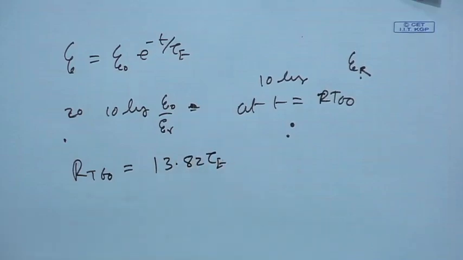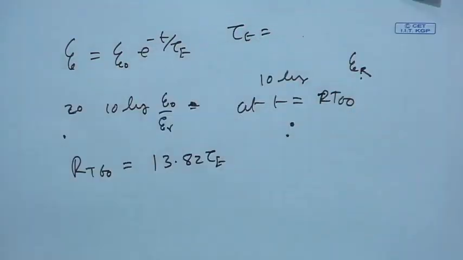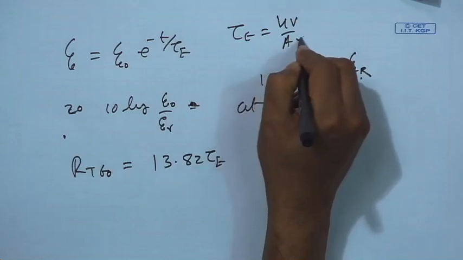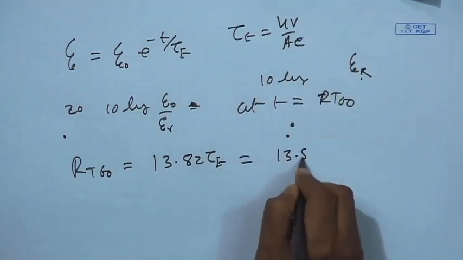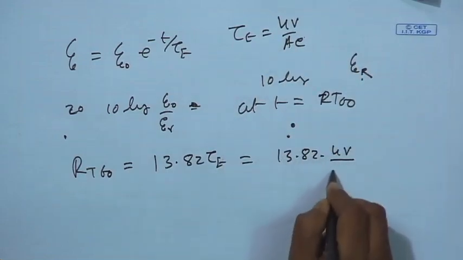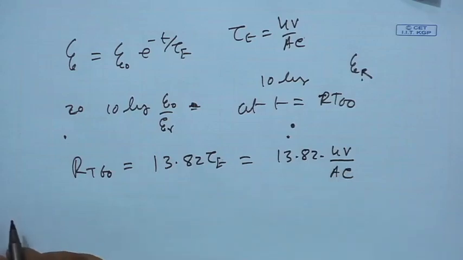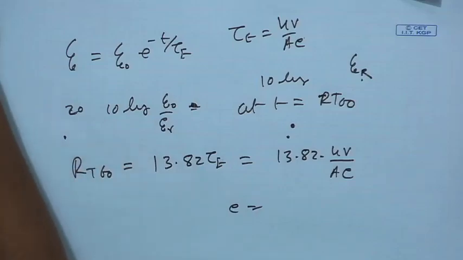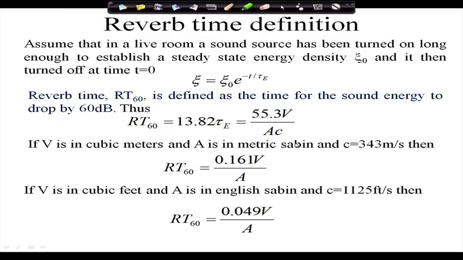If it is 13.82 tau e, what is tau e? Tau e is nothing but 4V/AC. So, it is nothing but 13.82 times 4V/AC. I will show you in the next slide how it comes to 4V/AC. Now, let C be equal to 343 meters per second and A in metric sabins, that means in the metric system. Then I put the value of C here and I get RT60